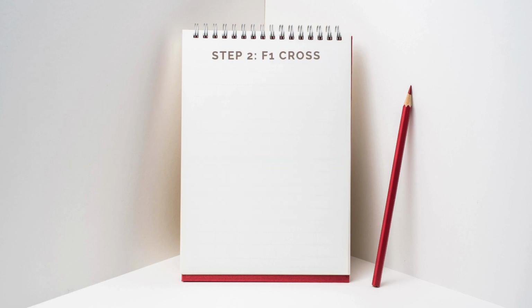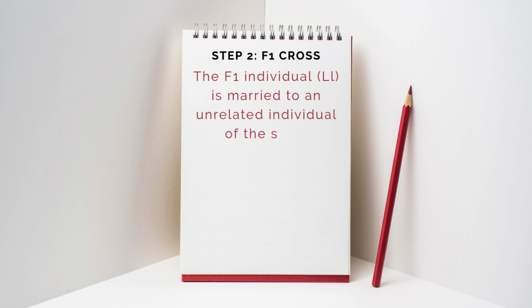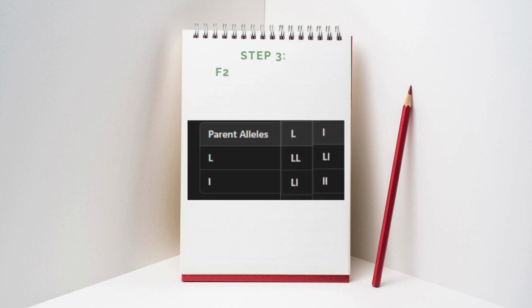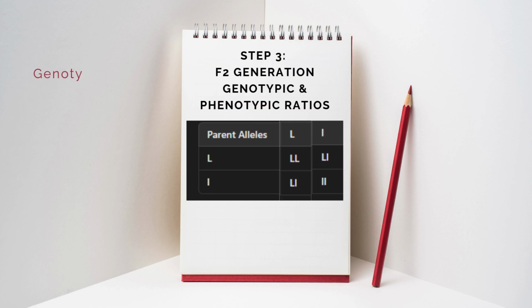Now, let's see F1 cross. The F1 individual is married to an unrelated individual of the same genotype. Thus, we perform the cross and we see the Punnett square. Now, F2 generation genotypic and phenotypic ratios. So, genotypic ratios would be